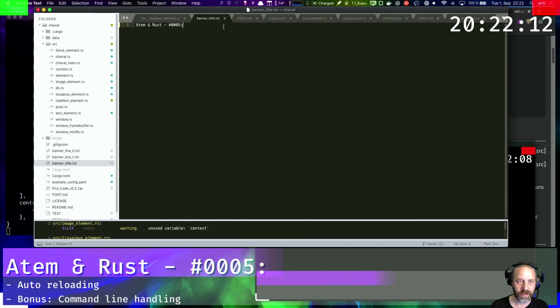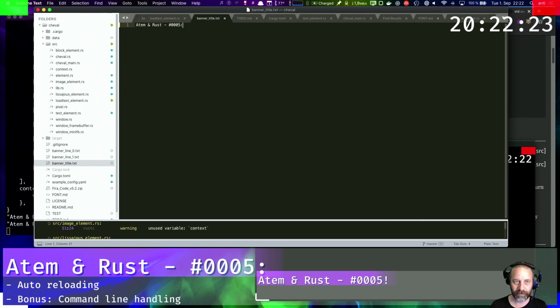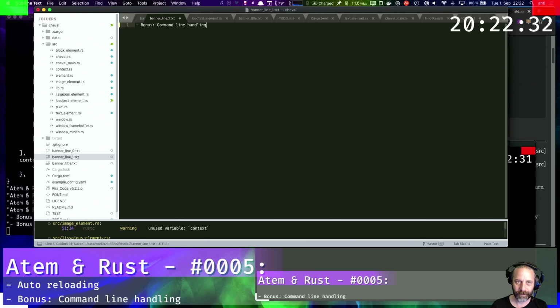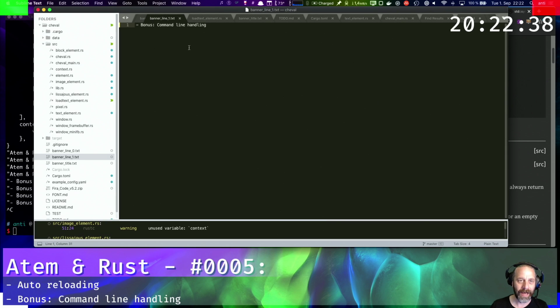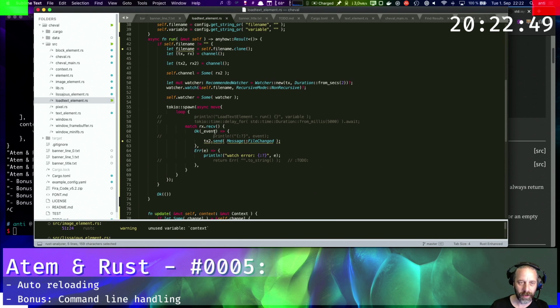So if I change the title now, we get the change notification and it updates the string. So wouldn't it be nice if it loaded this at the start? We could add a second pass here that says, okay, update does this, and then we basically do exactly the same once at startup. But what we could also do is just say once at startup,